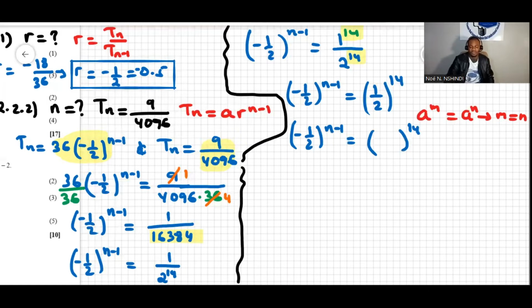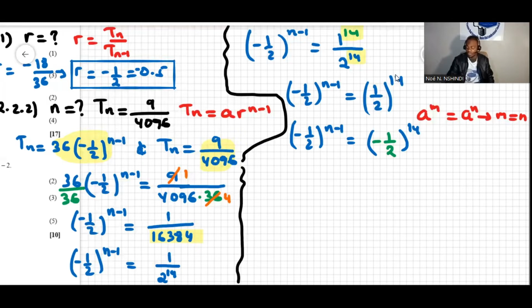Over here, when the exponent is even, the base can be positive or negative, it's still going to be the same thing. So this will be the same thing as if it was negative a half to the power of 14. Because the exponent is even, 14 is an even number. So negative a half to the power of 14 is equivalent to positive a half to the